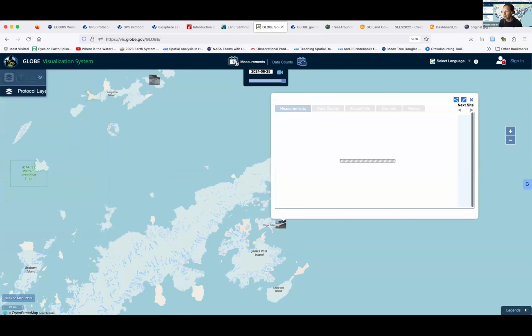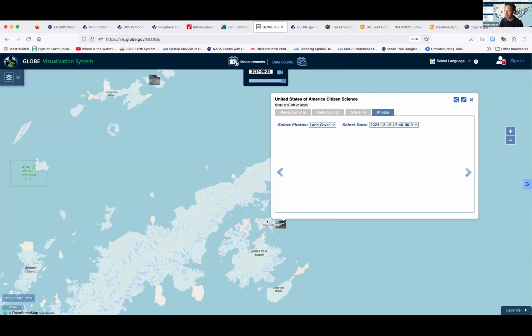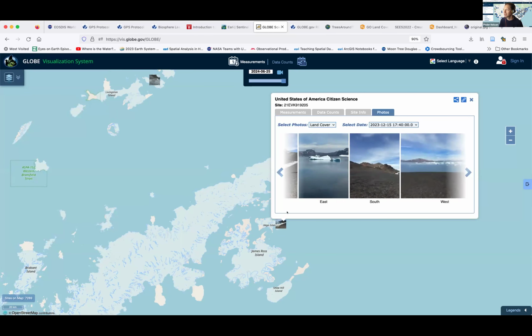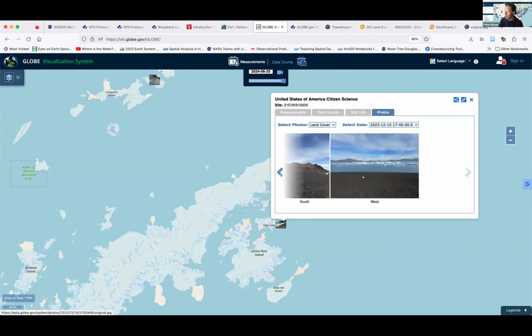And so here, it's okay, well, it's showing up on an area. Well, that could be possible. And then when I start looking at the photos, well, it starts to look similar to what I know or would think this landscape would look like, right? Here we have icebergs out there.